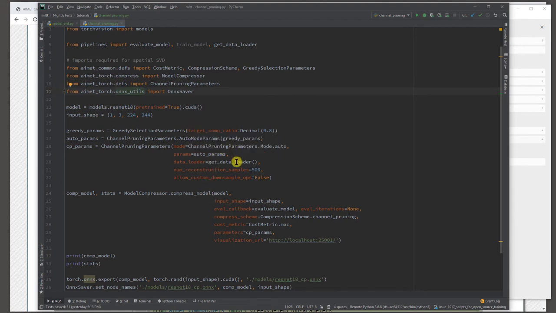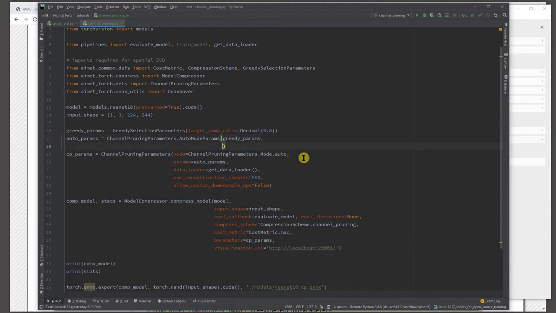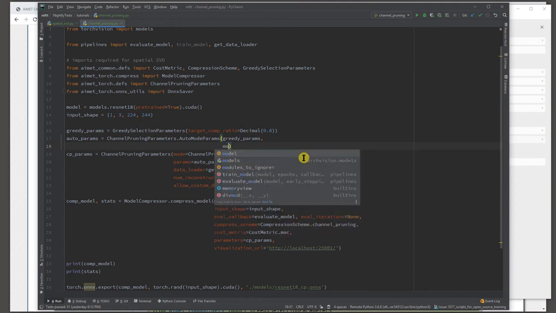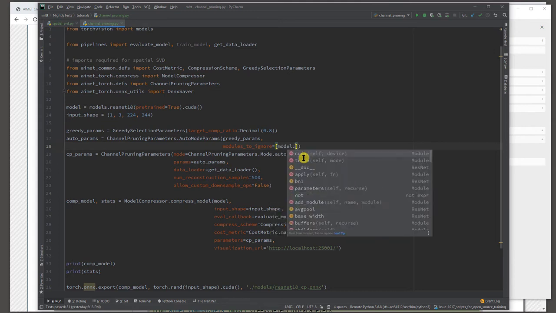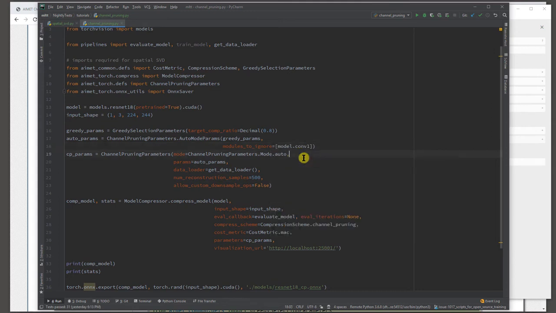And so all we need to do is use our way to ignore certain layers. So we can just simply ignore the layers. To ignore the layers, we say modules to ignore, and that is a list. In this case, it will be model.conv1, that is the layer we want to ignore, and that's it. Second time lucky, hopefully. So let's run this